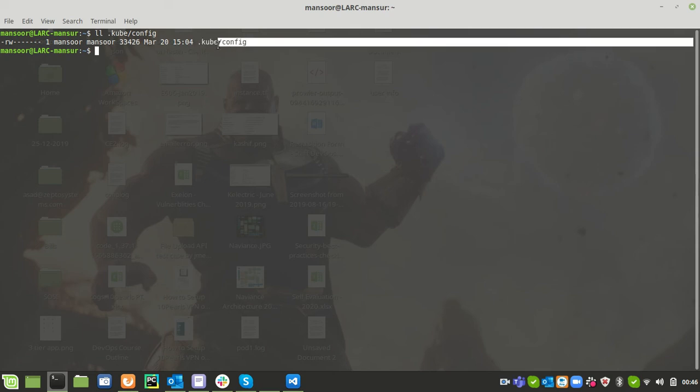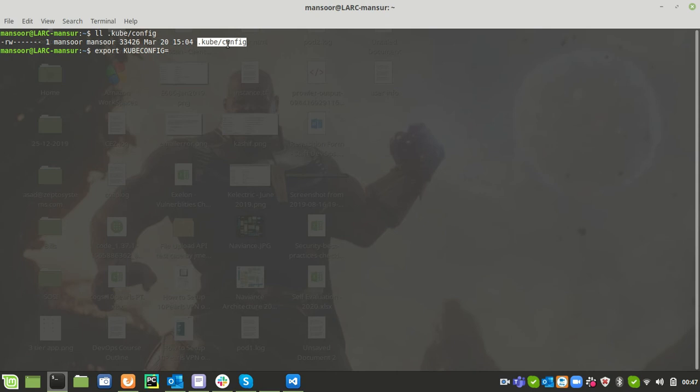Or if you are managing multiple Kubernetes clusters, you can export a variable called KUBECONFIG at runtime and give your configuration file path. After this, you will be able to connect to your Kubernetes cluster from the